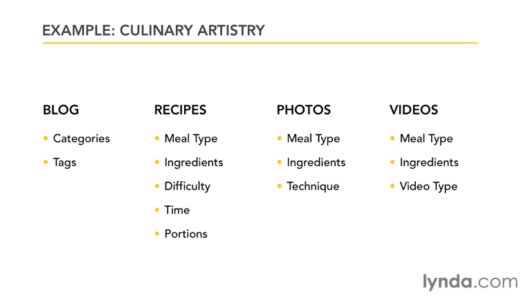Whereas meal type, difficulty, time, and portions actually can relate to each other. You could have time 1 to 2 hours, and under there you can have a more specific time like an hour and 40 minutes. Or under meal type, you could say dinner, and then under there you could have appetizer, main course, stuff like